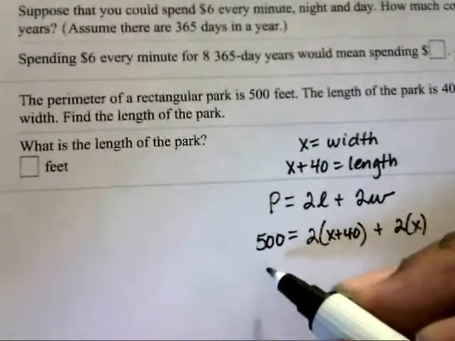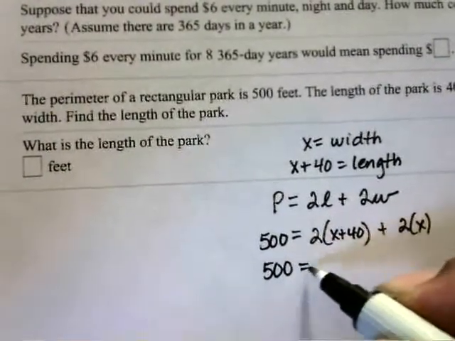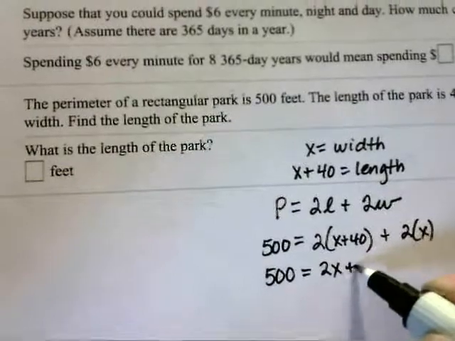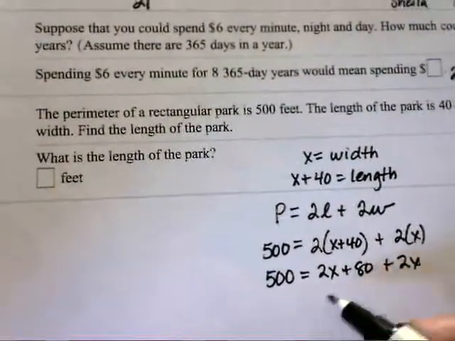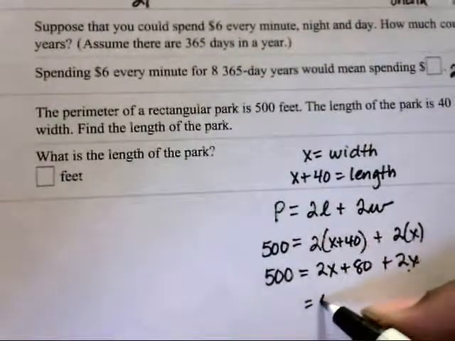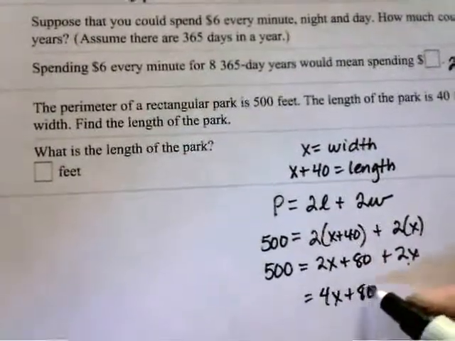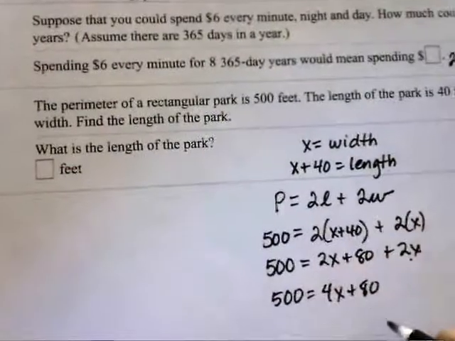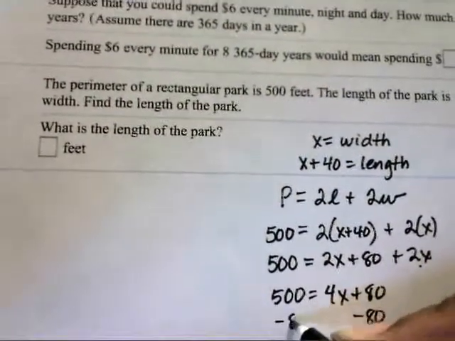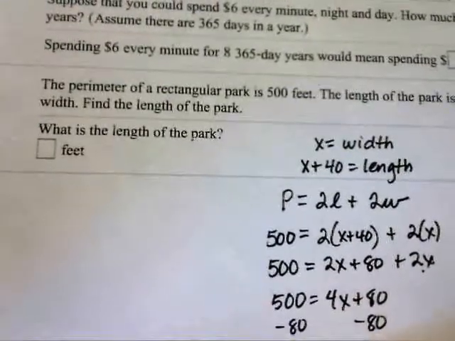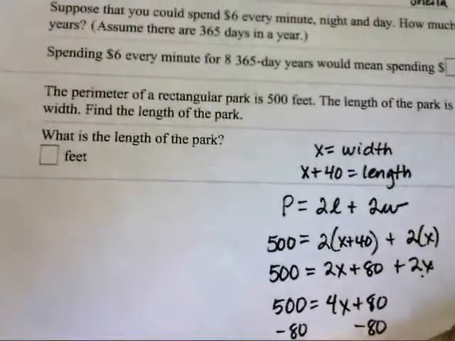And then we solve this equation. 500 is equal to 2x plus 80 plus 2x. And then add 2x and 2x, you're going to get 4x, so it'll be 4x plus 80 is equal to 500. Then you'll have to subtract 80 on both sides to get 4x equals 420,